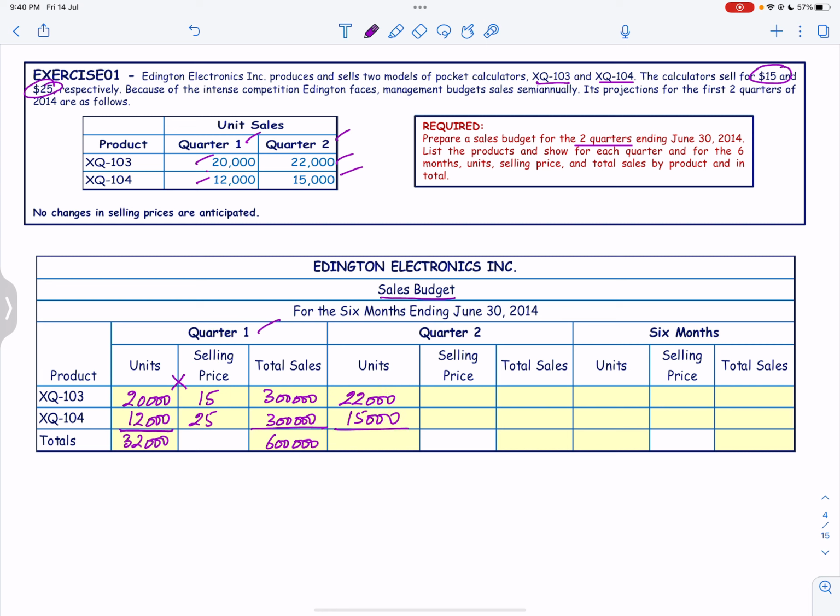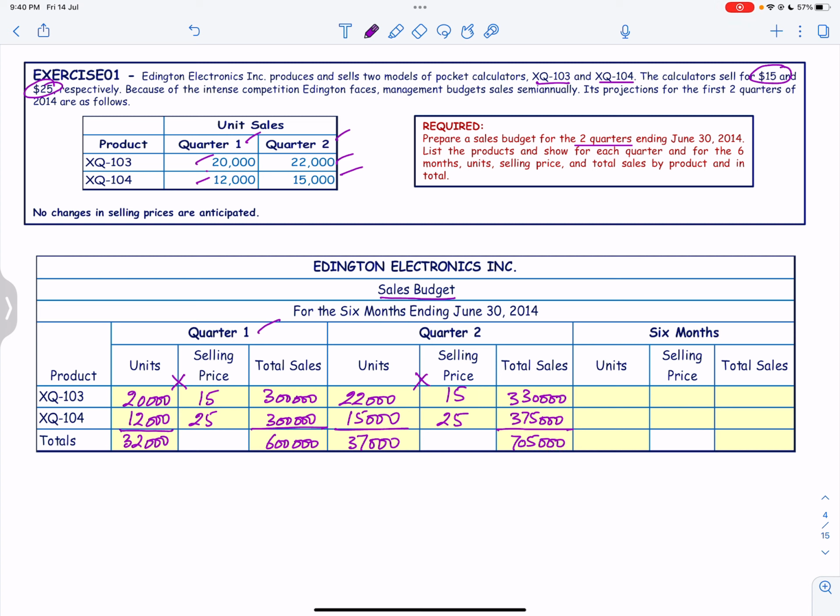So the total is 37,000, and the selling price will be 15 and 25, and again the total sales will be units multiplied by selling price, and that is 330,000 and 375,000,